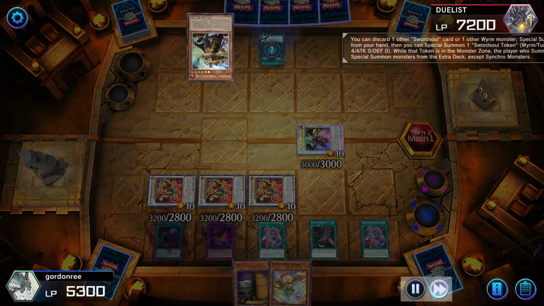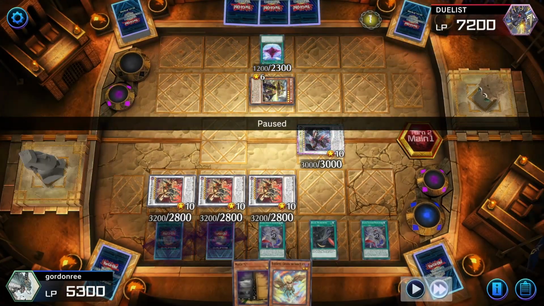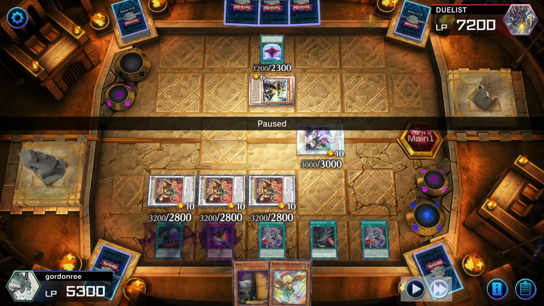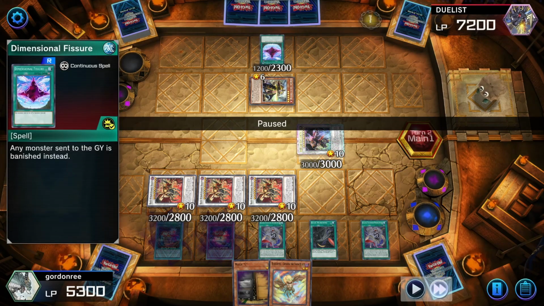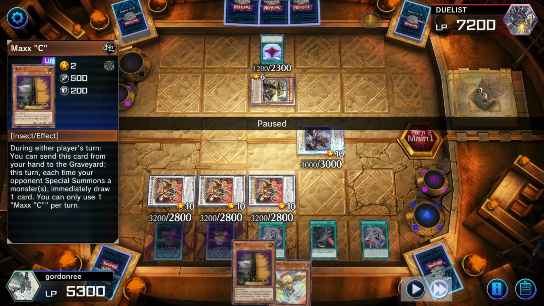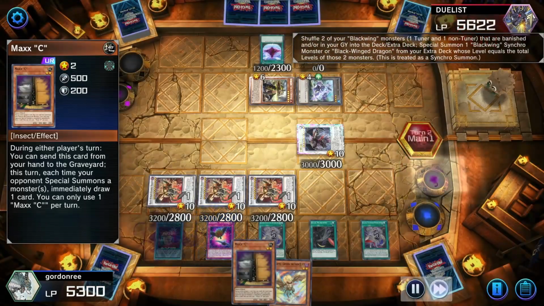In this case, my opponent's playing this bizarre Metaphys Sword Soul deck, but honestly, it doesn't matter really what they're playing unless they're piloting Sprite, or if they're using Tear, they have Evenly in hand. One minor misplay is I should have used Maxi when I activate D-Fissure, because you can't activate afterwards, but it doesn't really matter. Because you see in this case, I burn them for 2100 each monster effect they use,